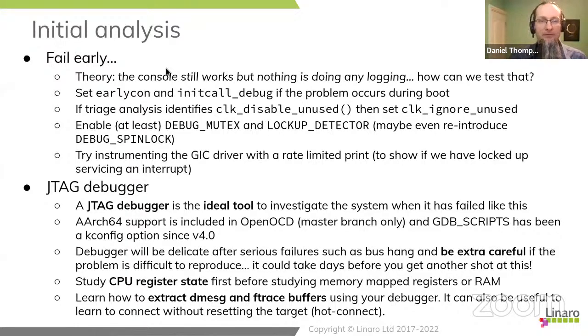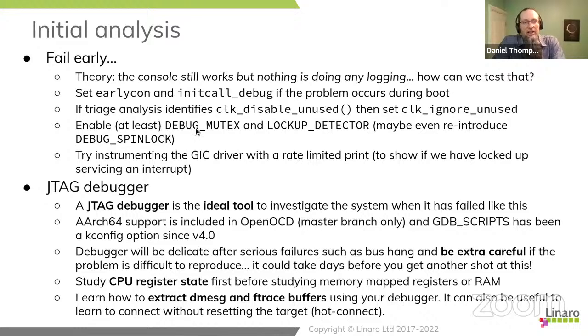So if you have that kind of behavior, where we get through most of it and then it just stops while it is trying to finalize the boot after all the init calls have run, you always experimentally run with clock ignore unused. And like I say, these days I would want to go and reread how the regulator subsystem works, but I'm not able to speak on it authoritatively at the moment. You add these command line options, and then clock disable unused stops disabling unused clocks, and you can try and find out what clock is being removed and get it correctly marked up as a system critical clock.